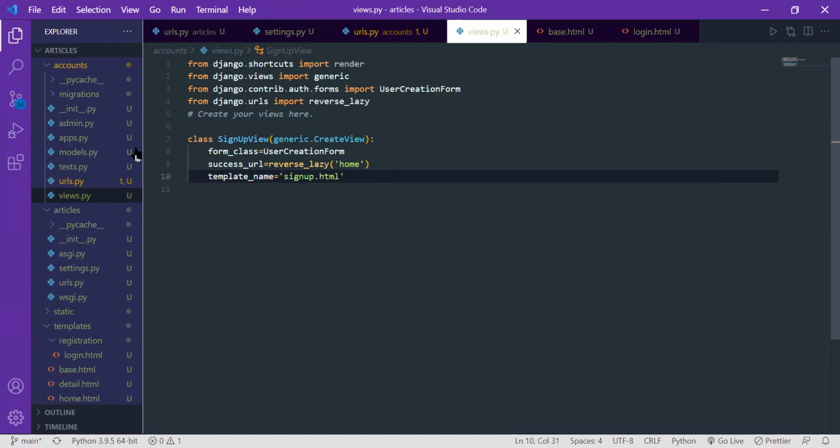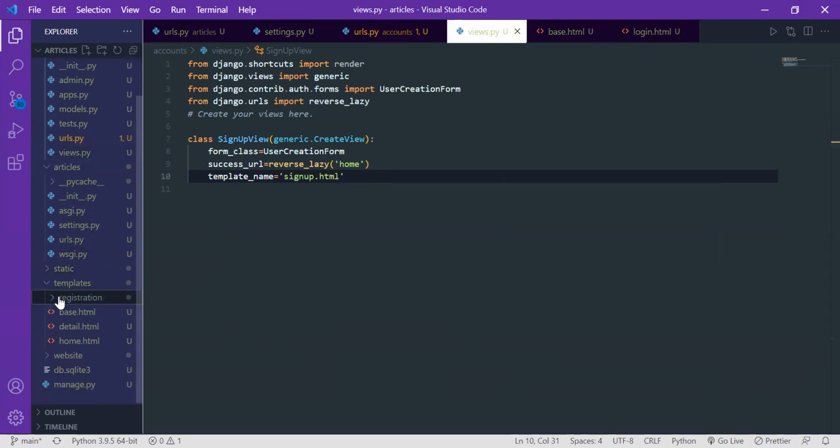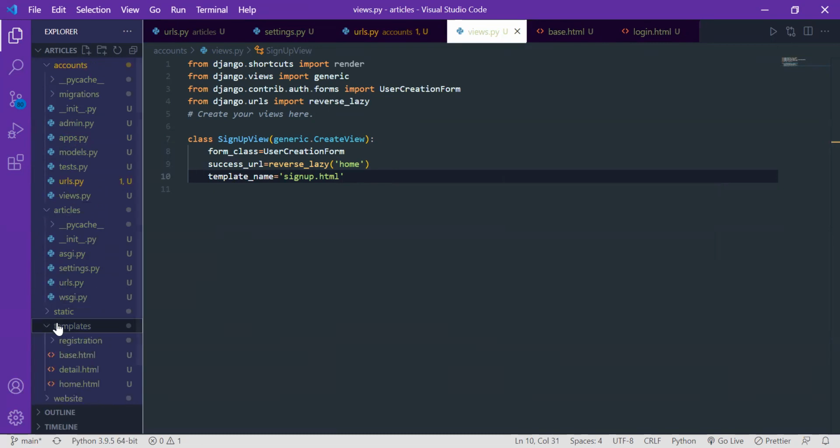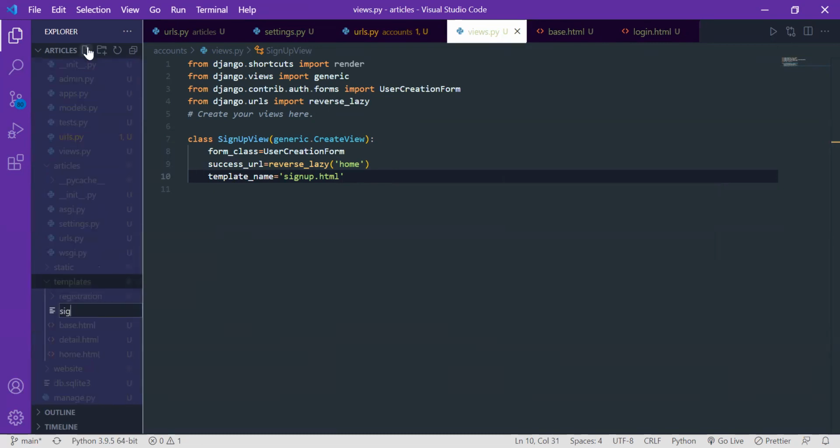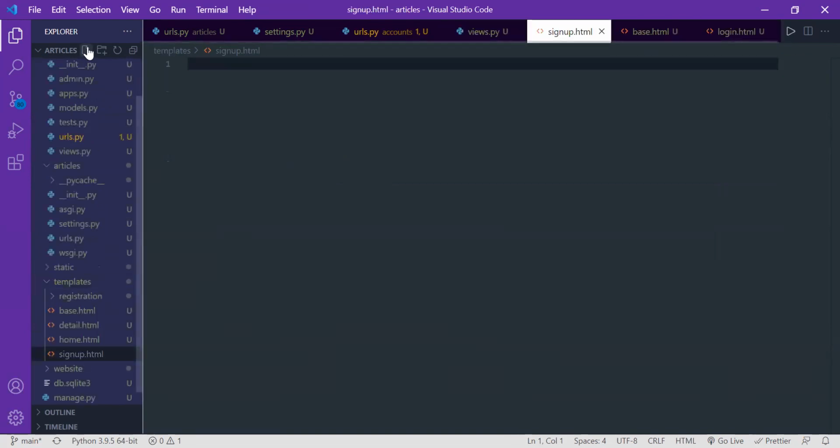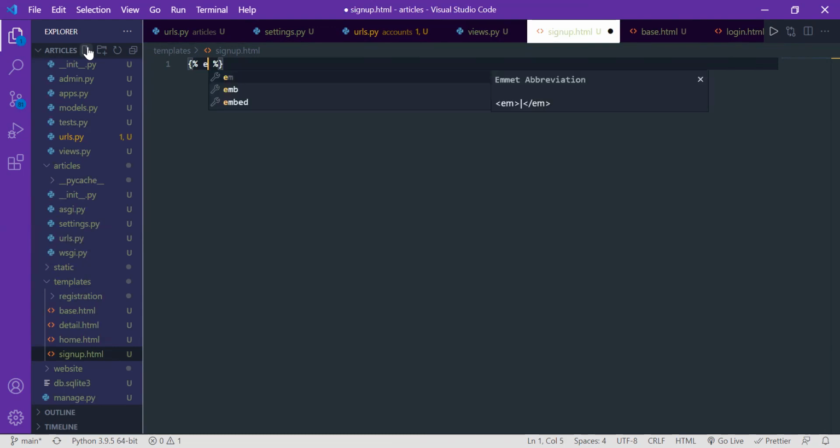And now the signup.html will come from where? All these templates are being created here in the templates folder. So inside the templates folder only we are going to create a file signup.html like this. Now what we are going to do is, we are going to again give it all that functionality how we used to give. We just have to do the same thing, form.as_p, like we are doing so far. I will not be extending it also. I am just directly using it. I will say this is the sign up page,